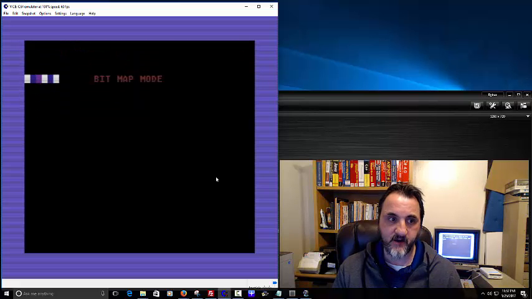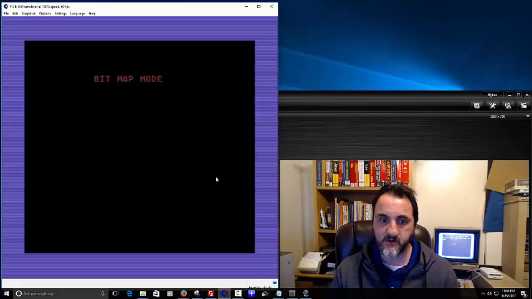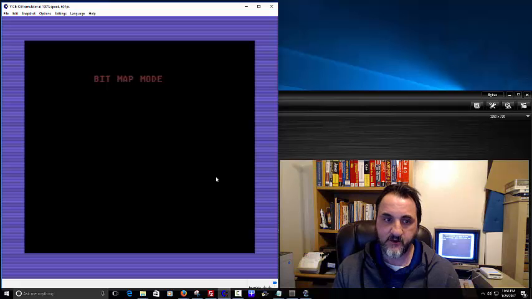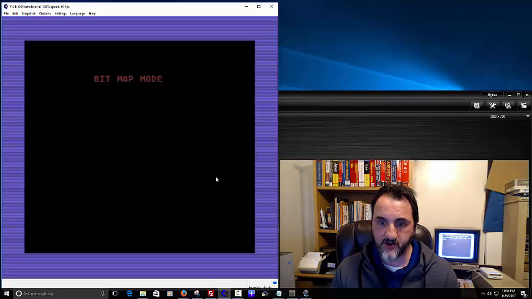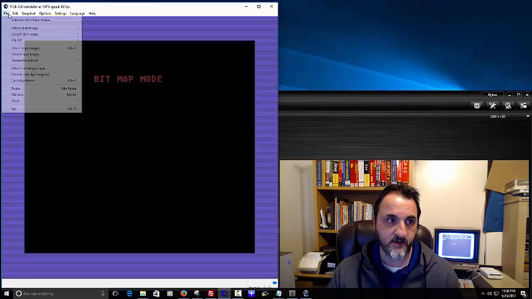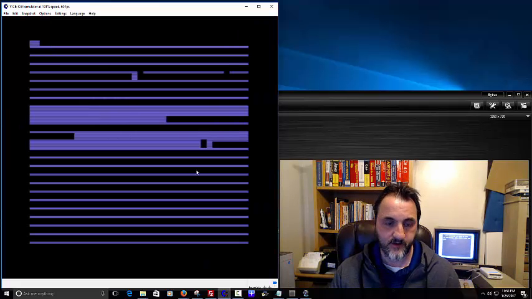Now this kind of screen, the bitmap mode, takes up a lot more memory because of how the pixels are set up and everything. So if you're going to try to upload a lot of pictures, you may have noticed a lot of games back in the day, when they tried to upload bitmap graphics, unless they'd done some tricks to it, you didn't see that too often since they consume a lot more memory. So it's more standard to just create a character set, redefine it, and go from there. Anyways, let's move on to the next one here.